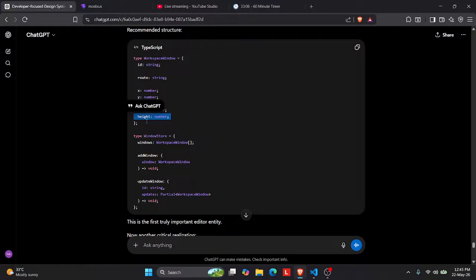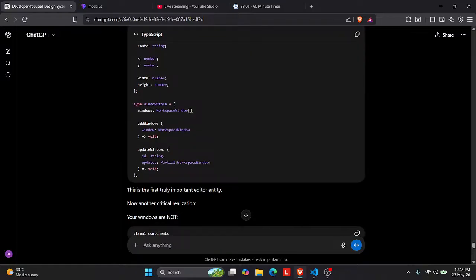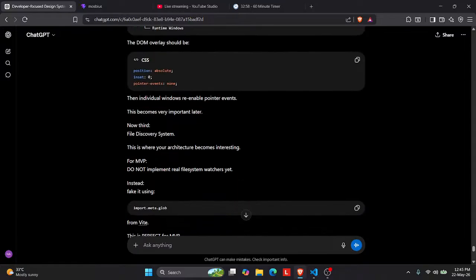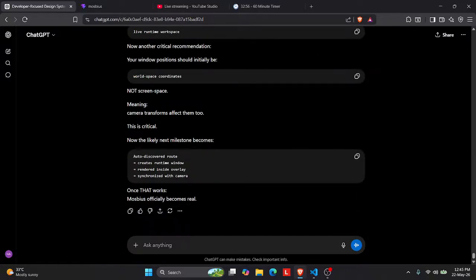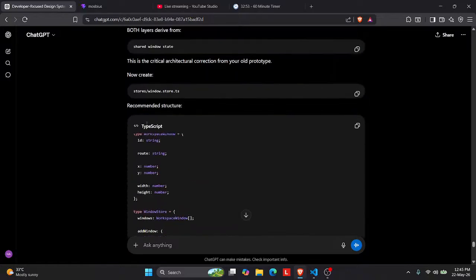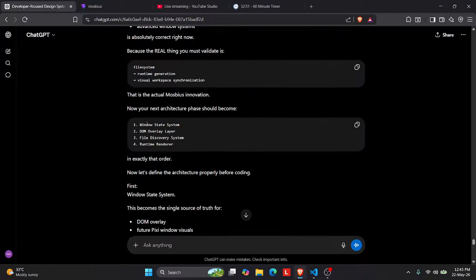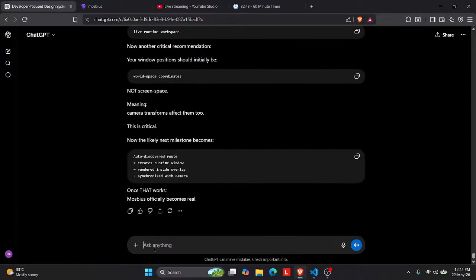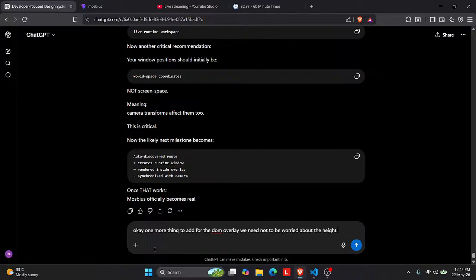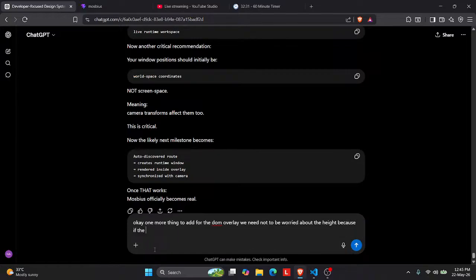Yeah, so this number can vary based on the height of the actual window of the DOM. So just create a maybe... but for that, let's say, okay, one more thing to add for the DOM overlay. We need... about the height because it,